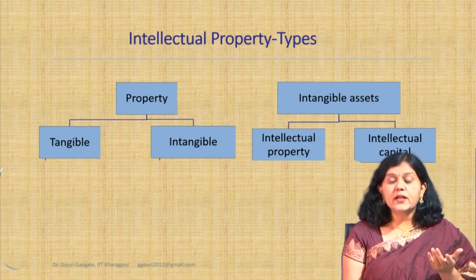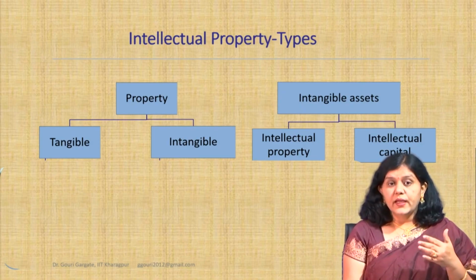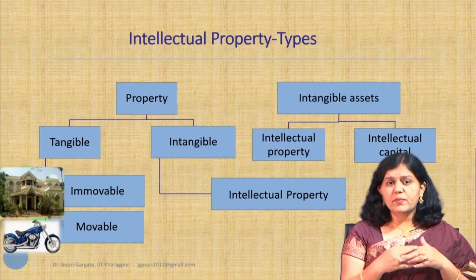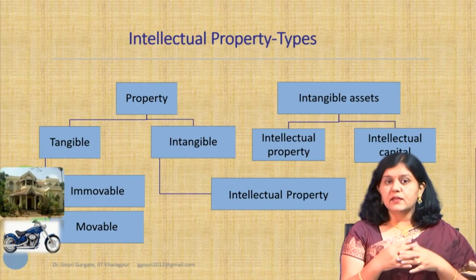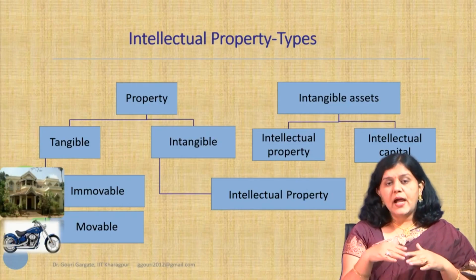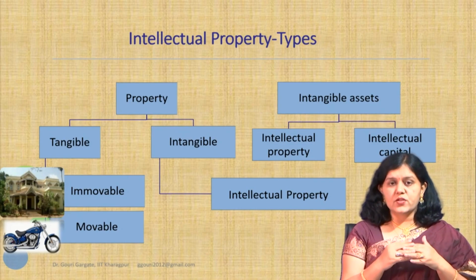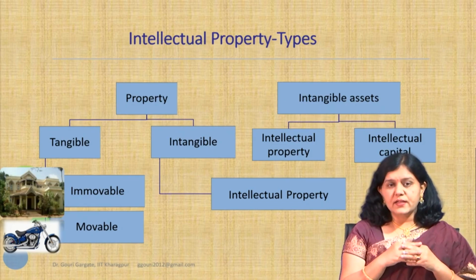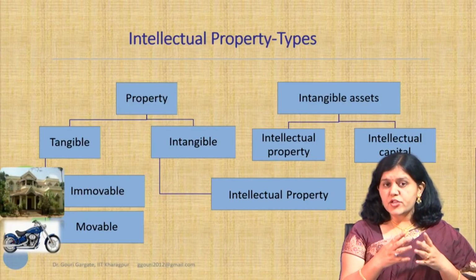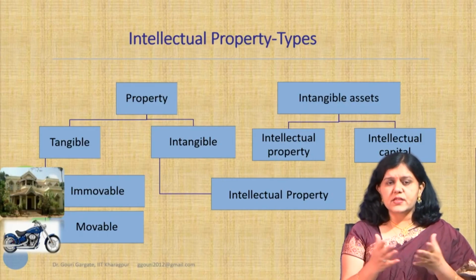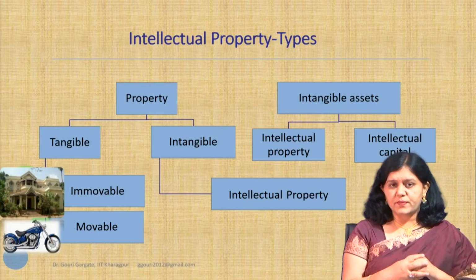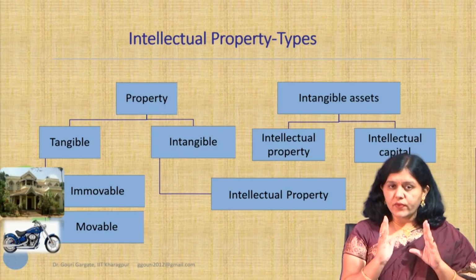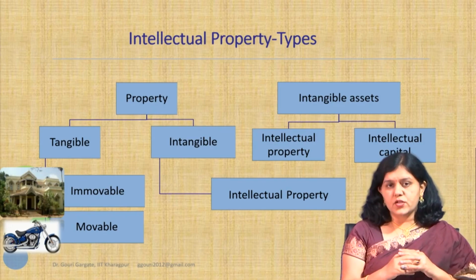Now, what do you understand by intellectual property then? Here you can see two types, immovable property and movable property, that is types under tangible, and in intangible you are seeing intellectual property. Immovable and movable, by seeing this slide only you can understand. Immovable property is something which is not moving, movable is something which you are able to move from one place to another place. So, we will not go into details of those property types, but we will now concentrate on intellectual property.